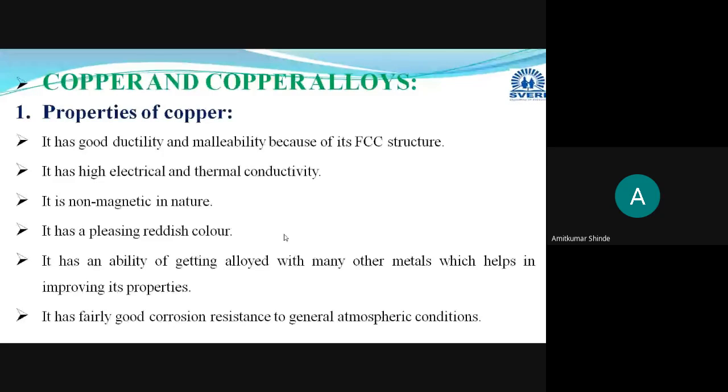In short, when copper forms alloy with zinc, it will be considered as brass. And if copper forms alloys with any other alloying element other than zinc, then it will be termed as bronze, and that element's name is given. If suppose tin is there, tin bronze, then beryllium bronze, like this. This is the classification of the copper alloys, that is brasses and bronzes. Brasses are further classified in different types, and bronzes are also classified depending on their alloying elements, which we are going to discuss in the later half of this lecture. Before that, we will go with the